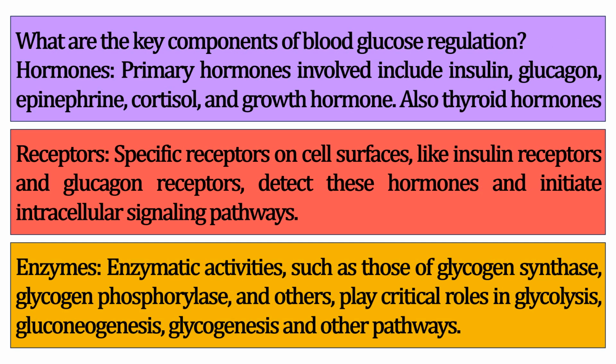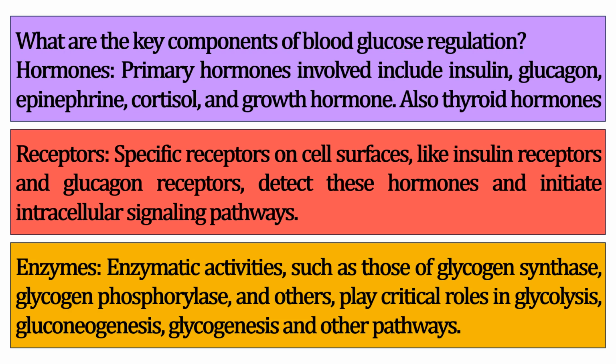What are the key components of blood glucose regulation? Hormones. Primary hormones involved include insulin, glucagon, epinephrine, cortisol, and growth hormone. Thyroid hormones are also involved indirectly. Receptors. Specific receptors on cell surfaces, like insulin receptors and glucagon receptors, detect these hormones and initiate intracellular signaling pathways. Enzymes. Enzymatic activities, such as those of glycogen synthase, glycogen phosphorylase, and others, play critical roles in glycolysis, gluconeogenesis, glycogenesis,